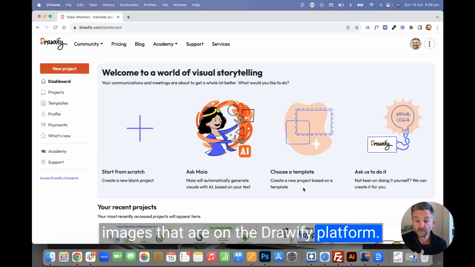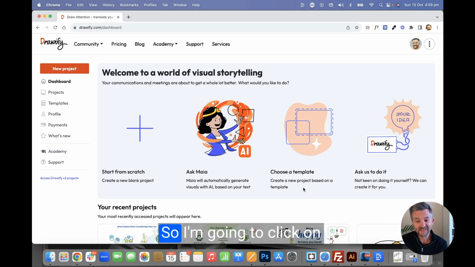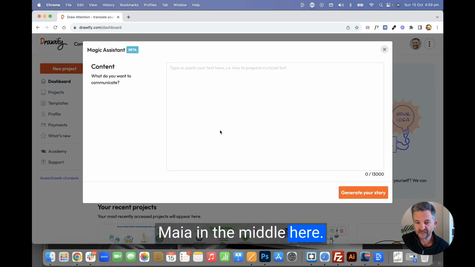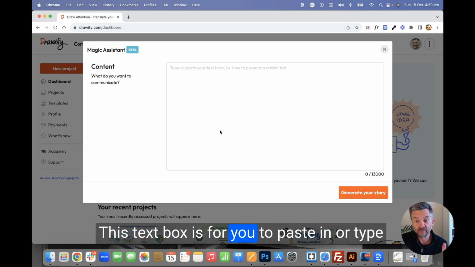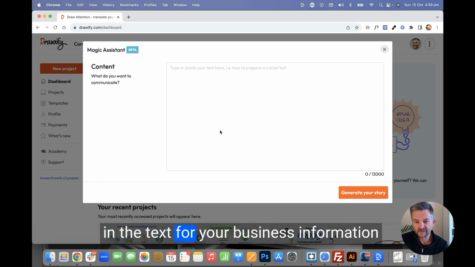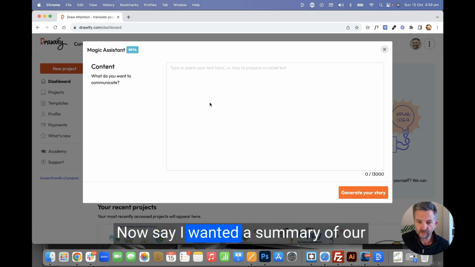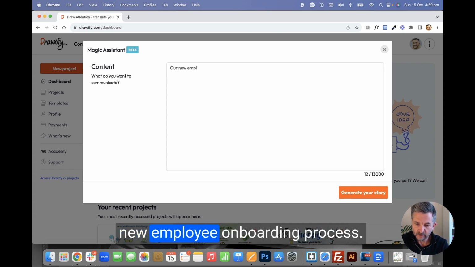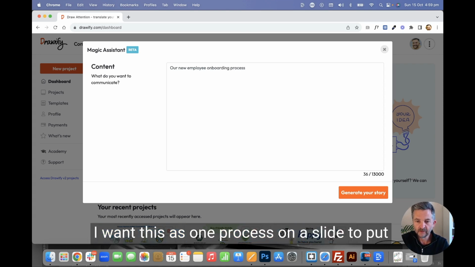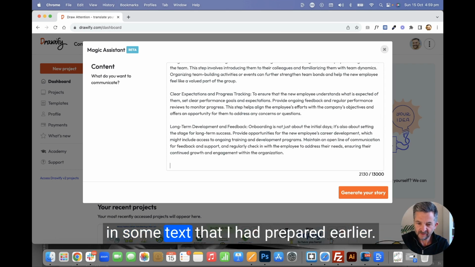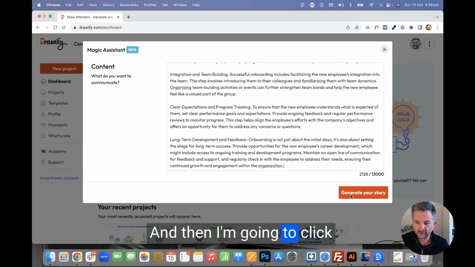on the Drawify platform. But we're here to look at Maia, so I'm going to click on Maia in the middle here, and a dialog comes up with one big text box. This text box is for you to paste in or type in the text for your business information that you want a visual summary of. Now, say I wanted a summary of our new employee onboarding process. I want this as one process on a slide to put into a slide presentation. I'm going to paste in some text that I had prepared earlier, and then I'm going to click on generate